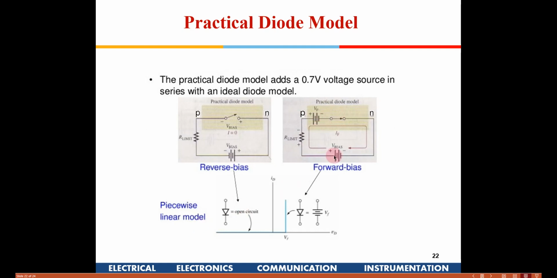Whereas if it is reverse biased, then you assume that the current is 0. Actually it won't be 0 in practical diodes, it will be in the picoampere range, which is negligible in most circuits in the electrical domain. In low power circuits that could be an issue, but for the electrical domain we can say it is 0. We can assume it to be an ideal off condition.